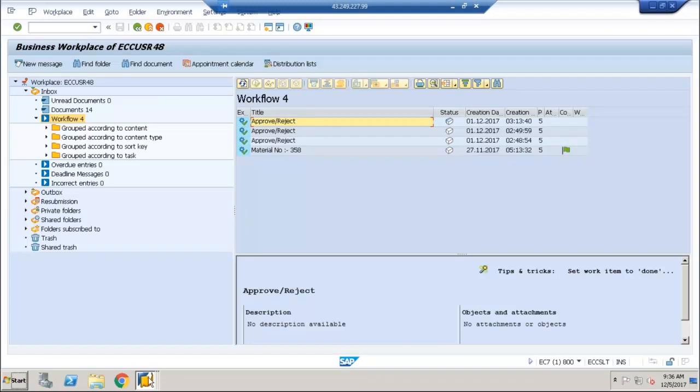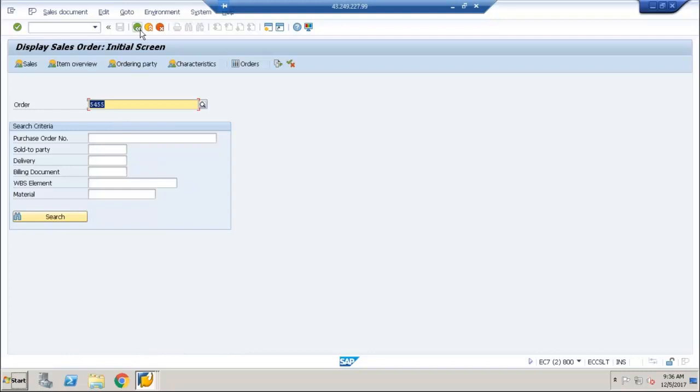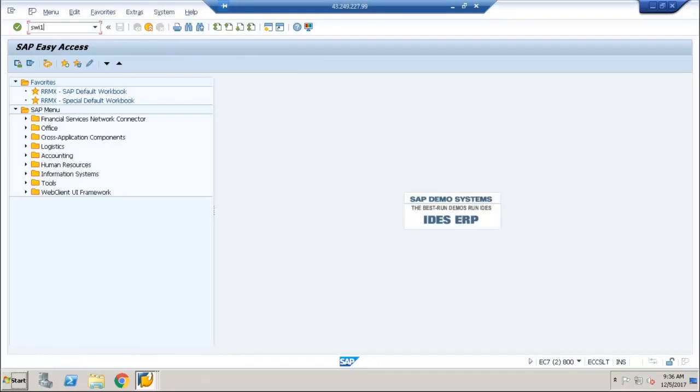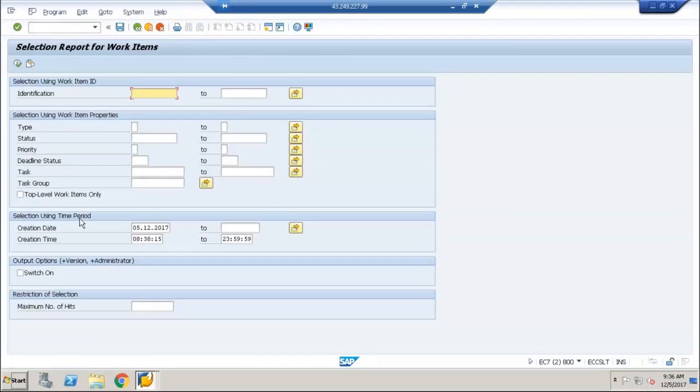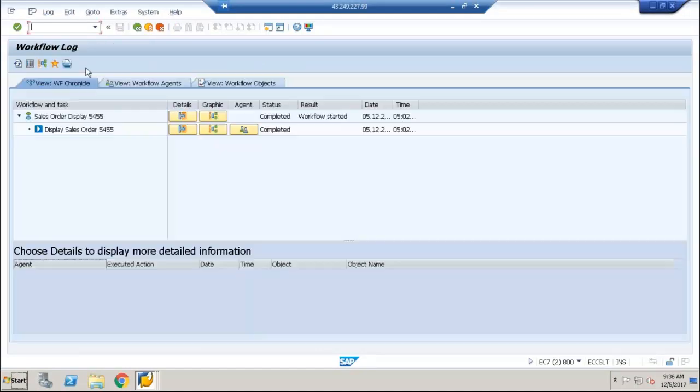Also, if you look at workflow, if you go to workflow log, SWI1, if you look at it, everything is completed. Also if you look at the log, only one task is completed and your workflow is also completed.